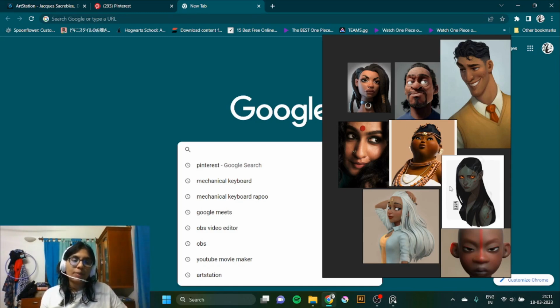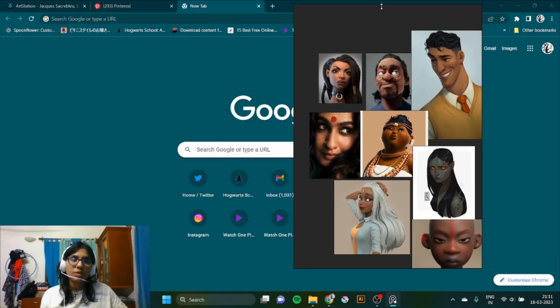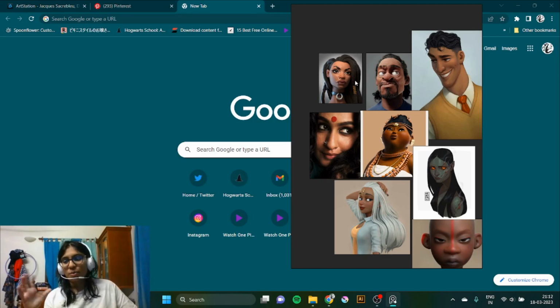I'm putting all of these pictures in here to help me during the modeling process. Because when you're modeling, even if you have an idea of what you want your character to look like, you're going to get stuck when you're making the nose, like how big should it be? Should the nostrils look like this? How long should the bridge of the nose be? Blah, blah, blah. So I have put in a few.